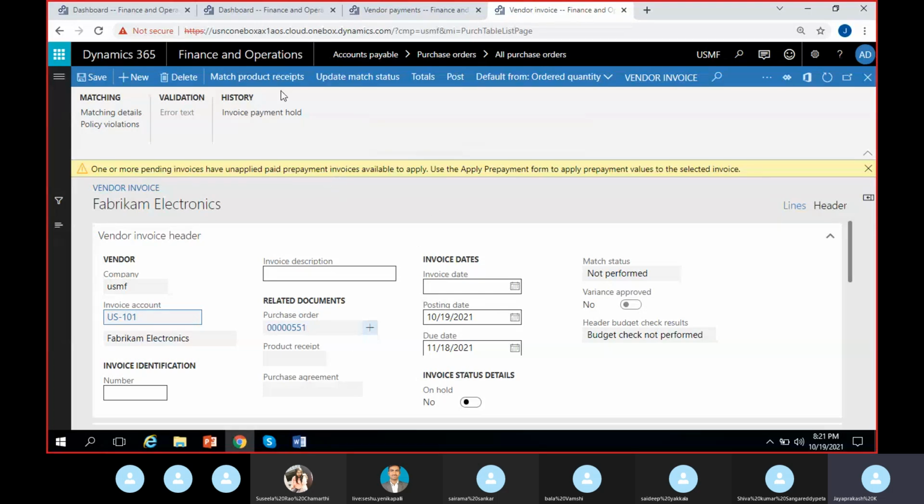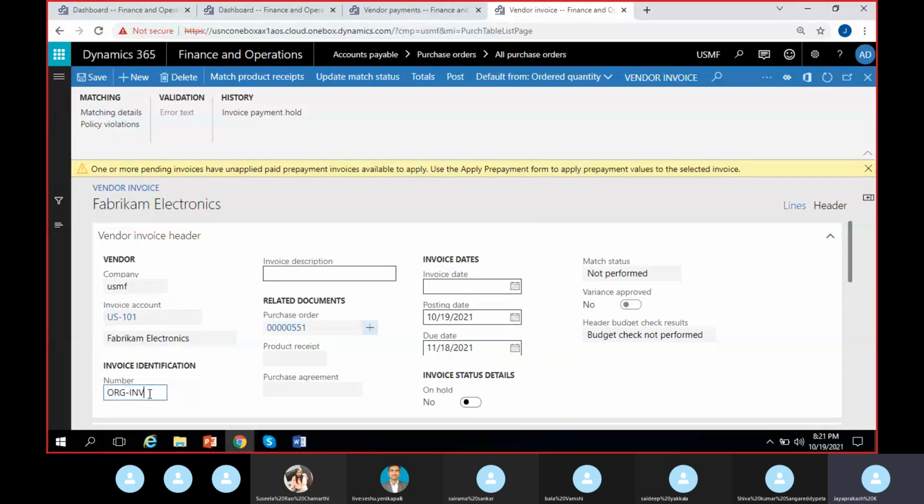So this notification is coming from the option that you have selected in the parameters. During the prepayment, there I showed you notification or automatic, right? So if I select automatic, that will get automatically applied to this original invoice. Prepayment will be automatically applied. But if I select the notification, means it will show this kind of notification and I can manually apply it. So I'll just go for